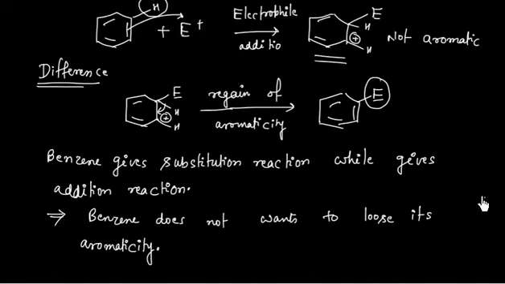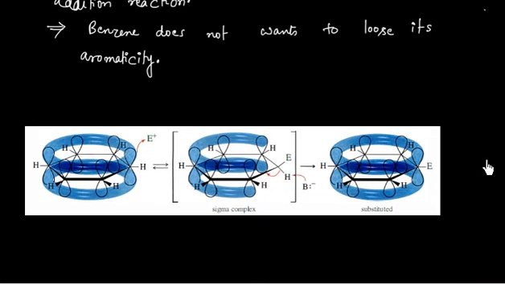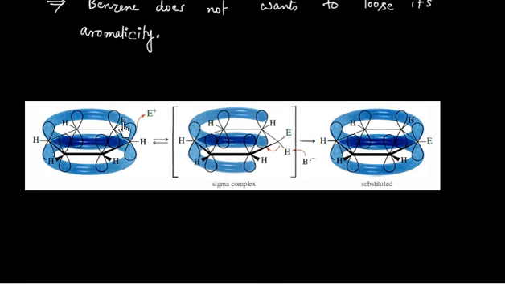We can show the same thing using a three-dimensional plot. If you see, this is the orbital picture diagram of benzene. We have an electron cloud on the top and an electron cloud on the bottom. If the electrophile comes to attack this electron cloud, finally this electrophile gets attached to this carbon. Now this electron cloud is broken. Before, the electron cloud was continuous, that is full delocalization, but this time the electron cloud is delocalized only in a certain part of the region. Here the electron cloud is broken.